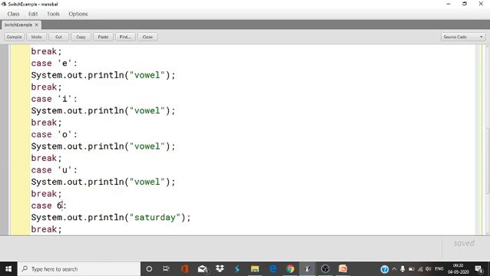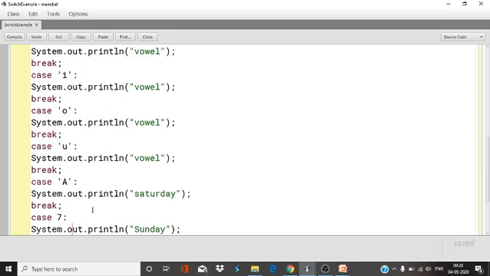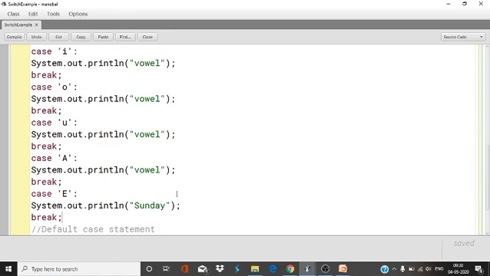So 10 cases, because as we know, Java is a case sensitive programming language. So a small letter and a capital letter are both different. A, E, vowel. Here also vowel.